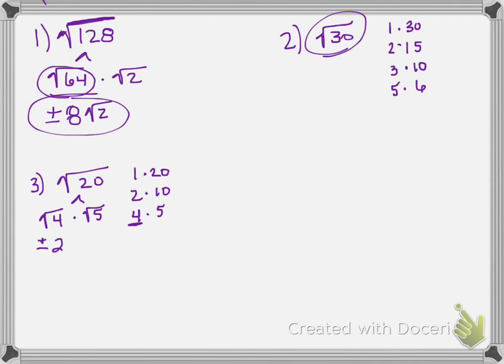It's actually plus or minus 2. It could be positive 2 times positive 2 equals 4, or negative 2 times negative 2 equals 4. And then square root of 5 does not work out nicely, so I'm going to just leave that. So that is simplified. Square root of 20 simplifies to plus or minus 2 square root of 5. Okay, number 4,